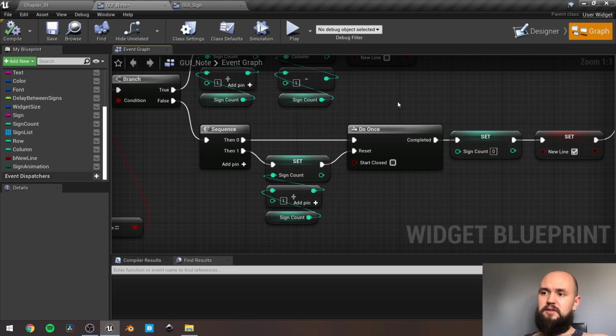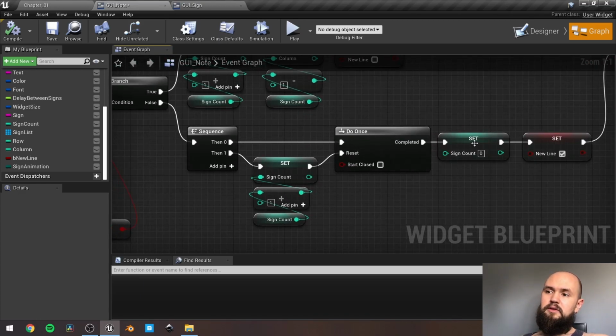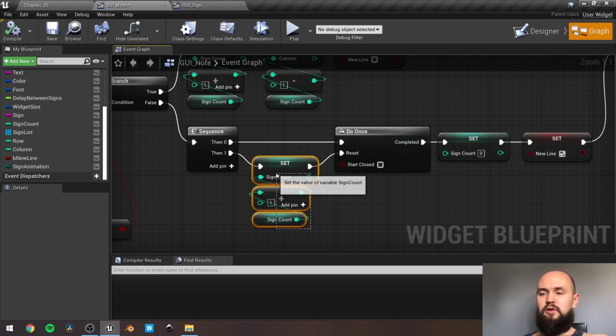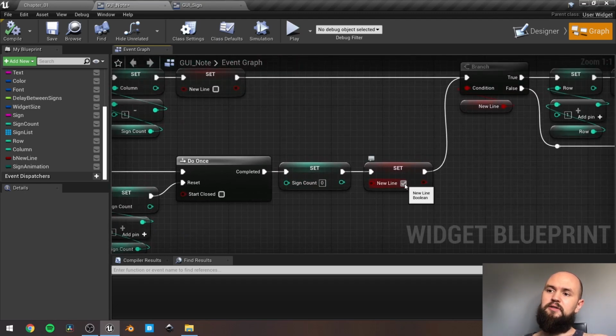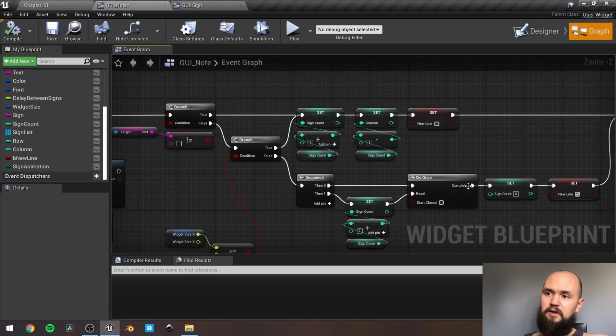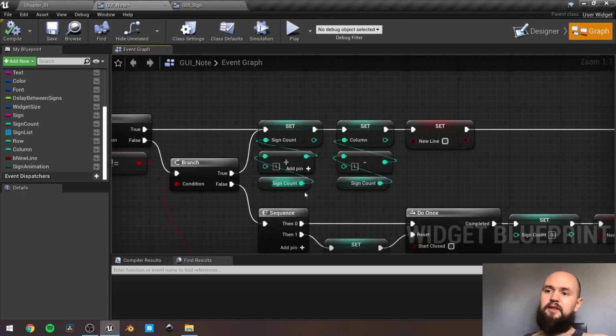We need to do this once to actually clear the sign count. It means that when the new line comes, it should start counting from 0. Once we've done this, we continue counting our new line, the number of signs we have. Then we set the new line to true. If this condition doesn't fail, we can continue